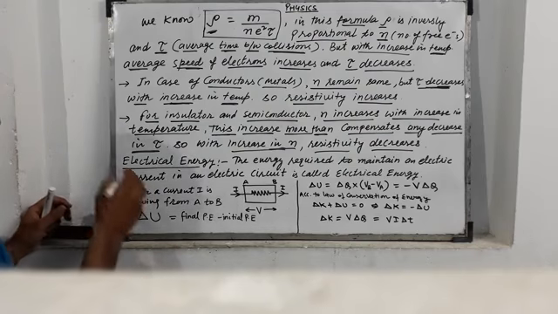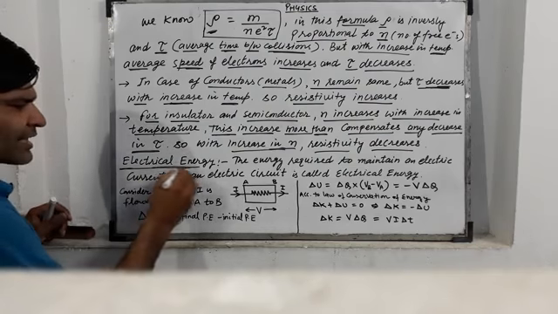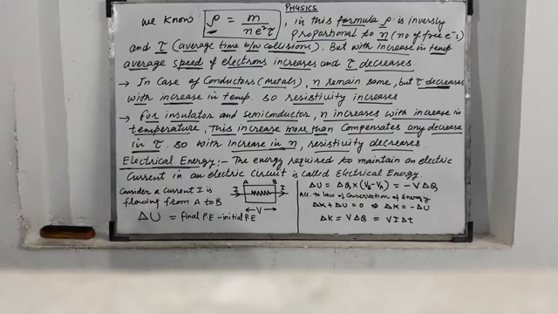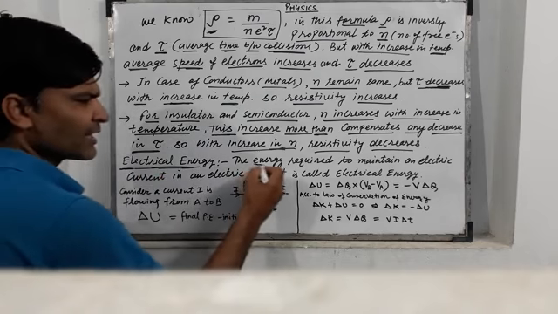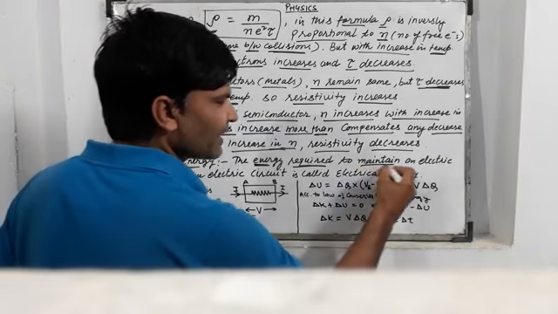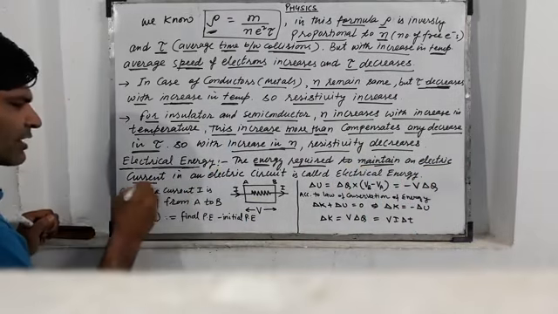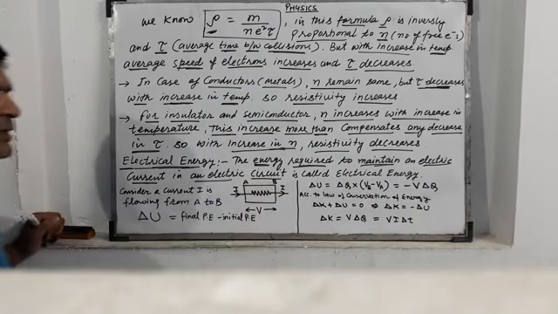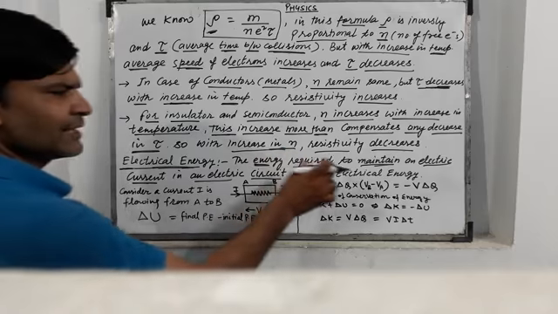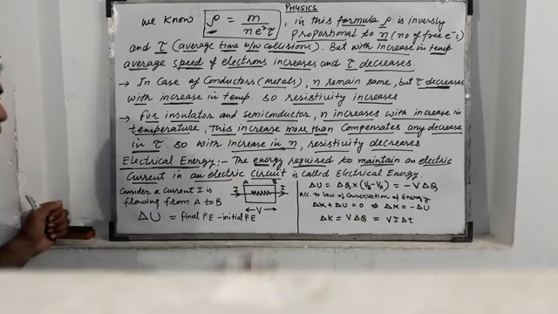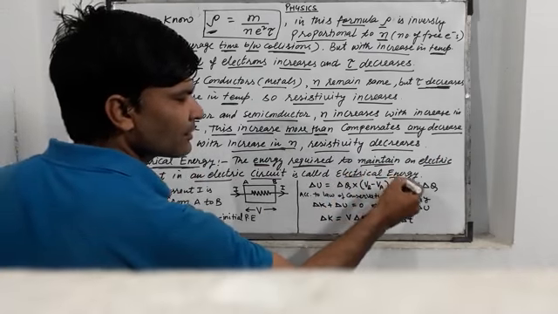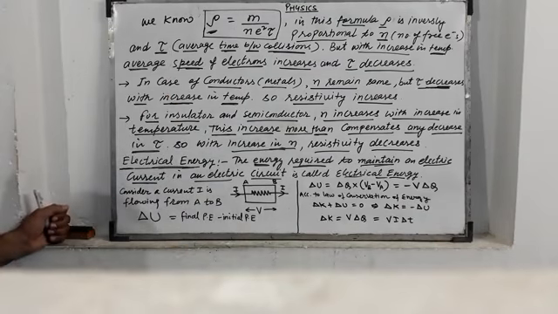Now a new topic, electrical energy. As you know, energy is the ability to do work. In case of electrical energy, it is the energy required to maintain an electric current in an electric circuit. Once again, the energy required to maintain an electric current in an electric circuit is called electrical energy or electric energy. For example,